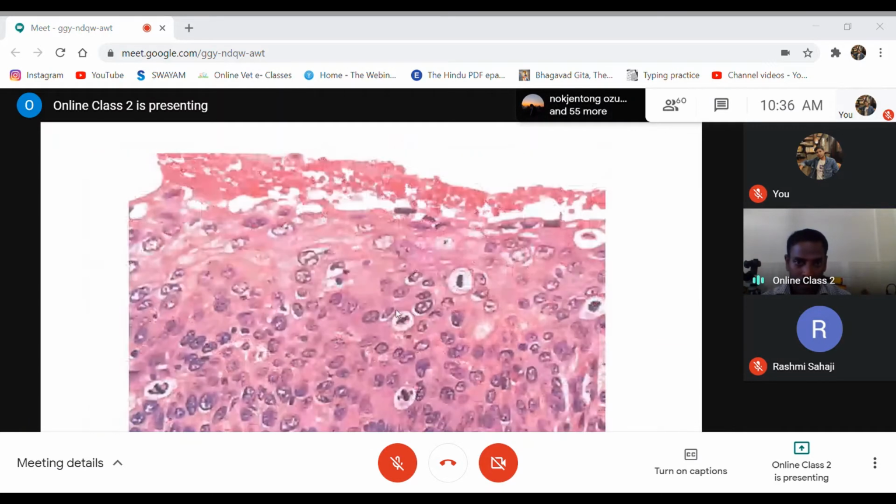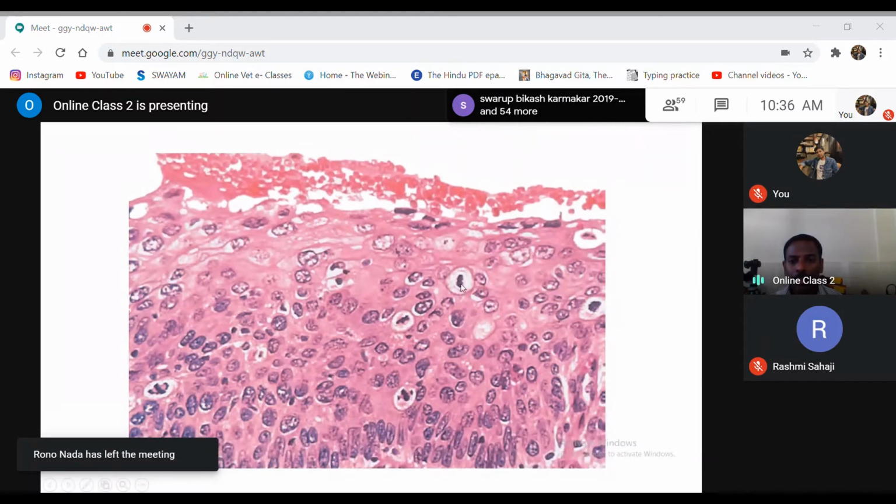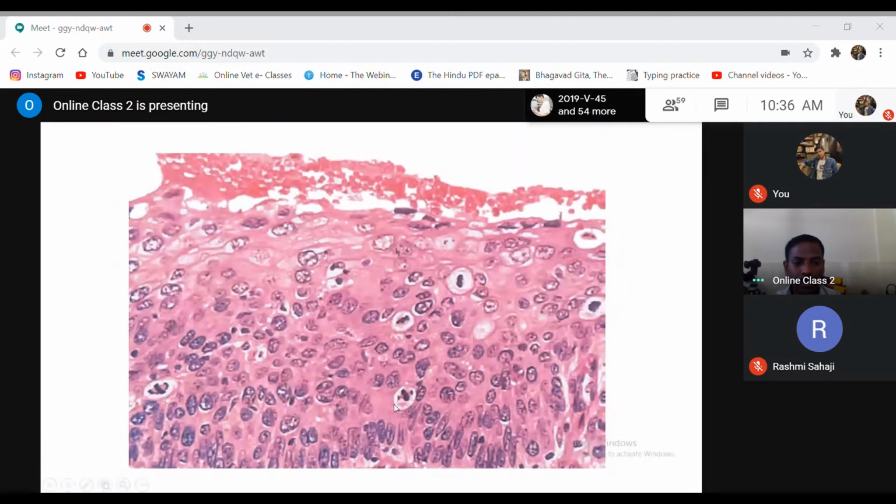In this one, you can again find, this is one cell. See the chromatin here. It is condensed and has a rod shape. This is a normal chromatin, round shape. This is a rod shape. So this is again a mitotic figure. Again, see this one, it's a mitotic figure. Is that clear? The condensed chromatin of the nucleus is normally what you call mitotic figures.